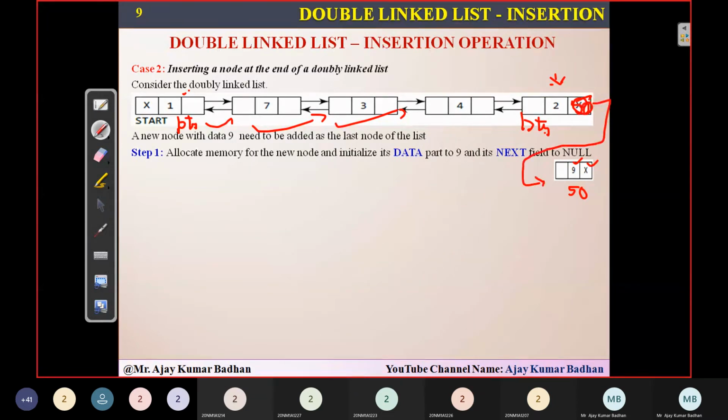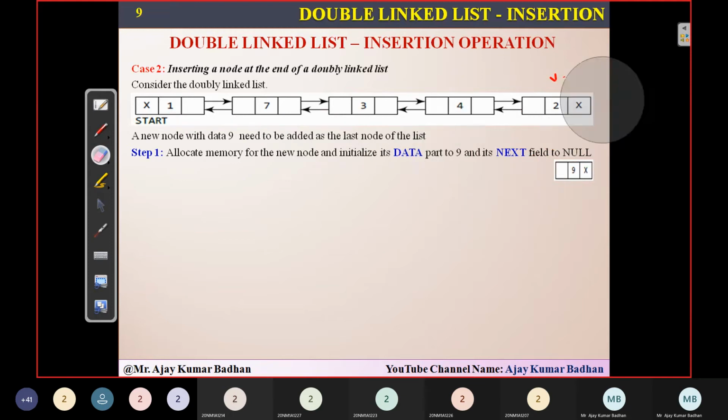So the connection is established. Now this is a new node. New node previous should consist of the pointer's address. What is the pointer address? Let us suppose 200. That 200 will be placed here. This connection is established. Done. Your task is completed. This is the way you are going to insert it. That's it. Let's see it diagrammatically.